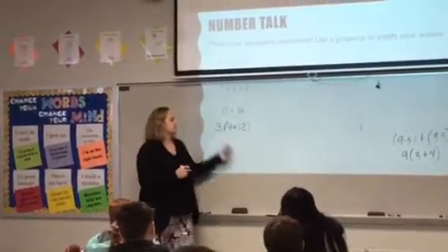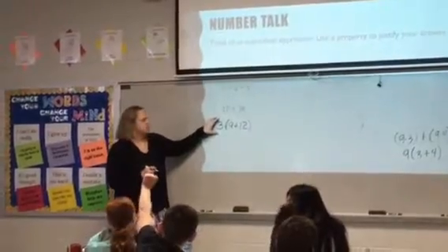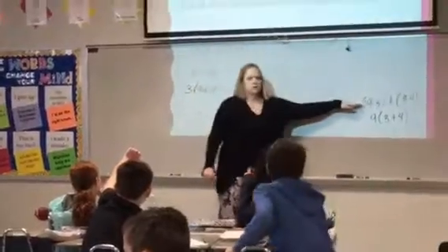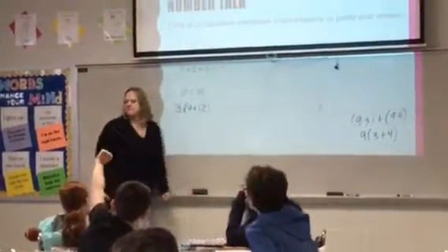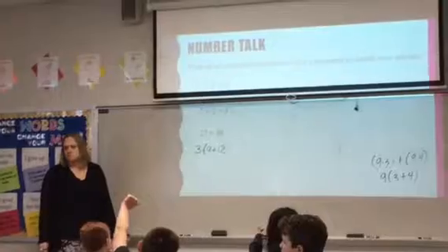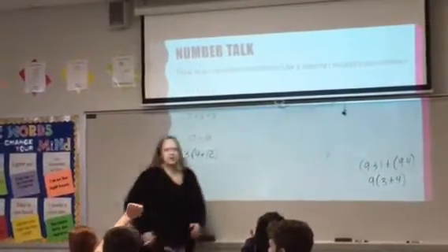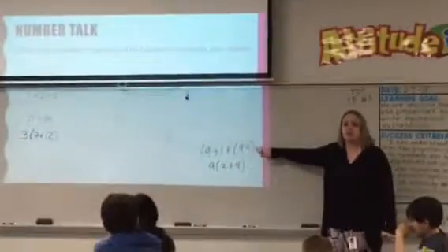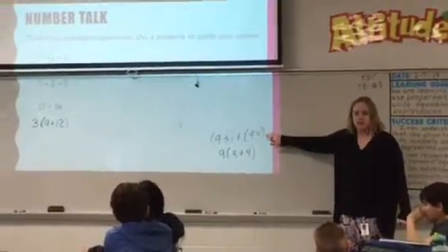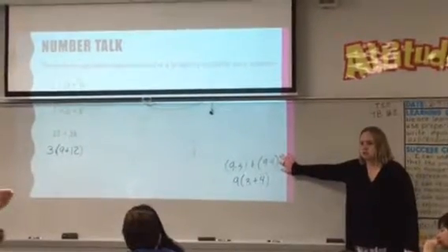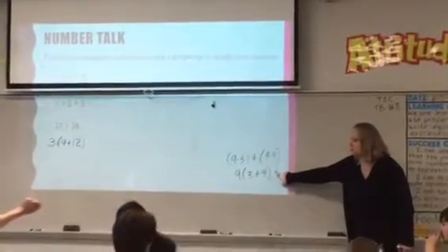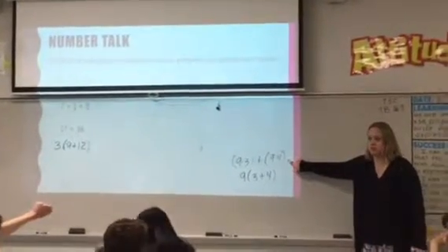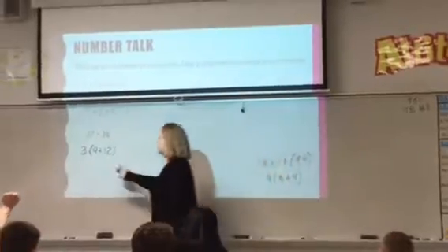How else can I write this though? Besides 3 times the sum of 9 and 12, how else could I write that? Remember yesterday when we did this? A lot of you wanted to skip this step, and I said it was okay to skip it. I'm telling you, you're going to have to know that this is also equivalent. Some of you like going straight to this, which is fine. But you're going to also have to recognize that this is an equivalent expression. So how can I write this